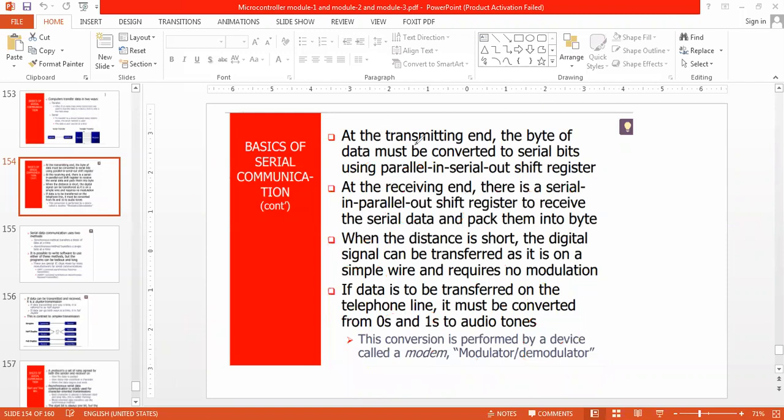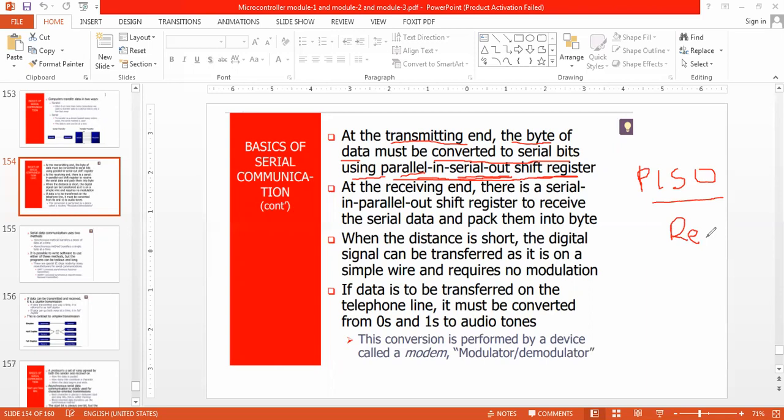So what will happen at the transmitting end, that is the sender? Whatever byte of data is there, it may be 8-bit data, 16-bit data, 42-bit data, or 80 bits of data. Whatever the data, it is first converted into serial bits using a parallel input, serial output shift register. So we will have some registers for that, in terms of a D flip-flop.